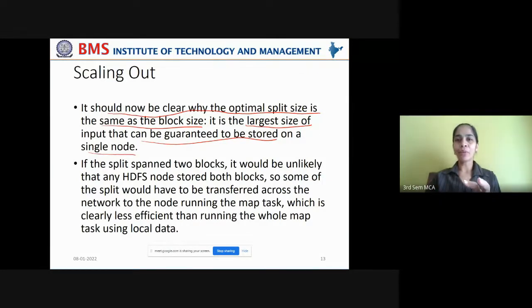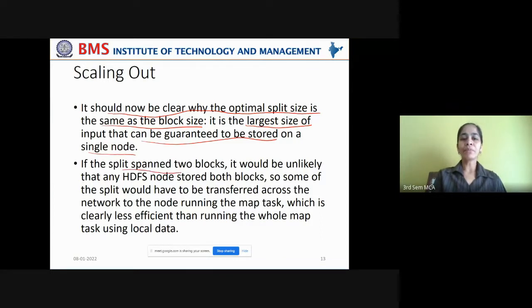That is why it is always advisable to keep the optimal input size as the block size, so that the map task can be executed on a single data node to confirm the completion of execution.